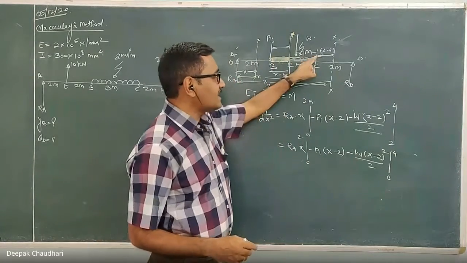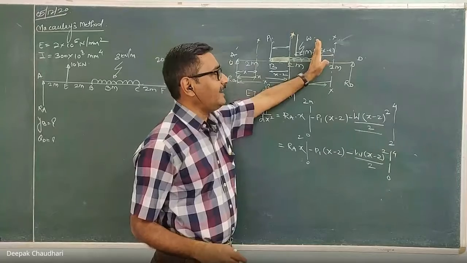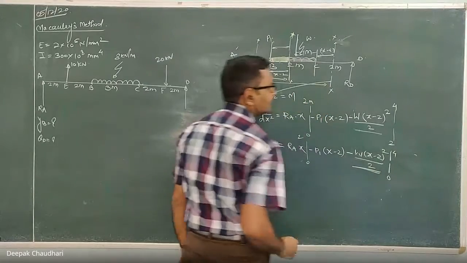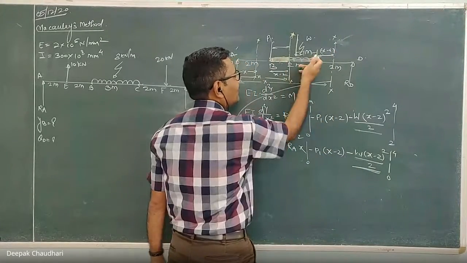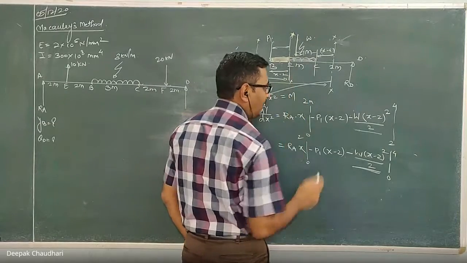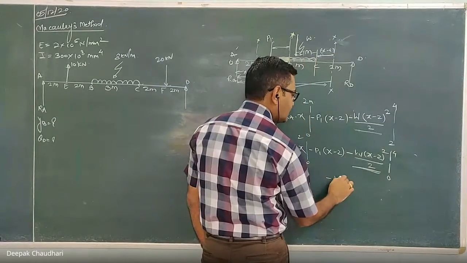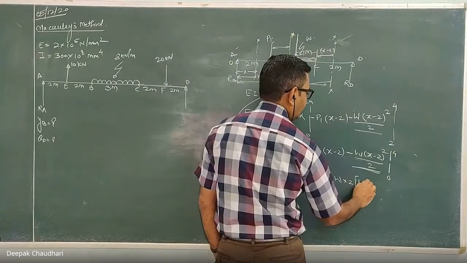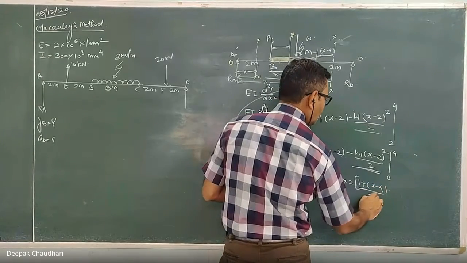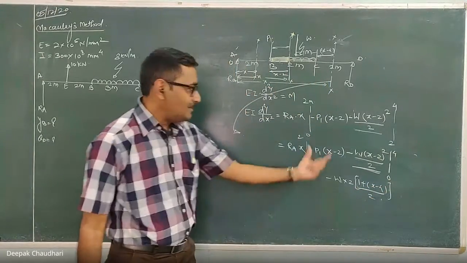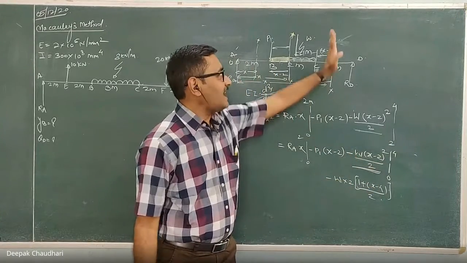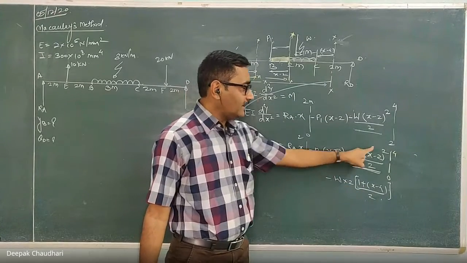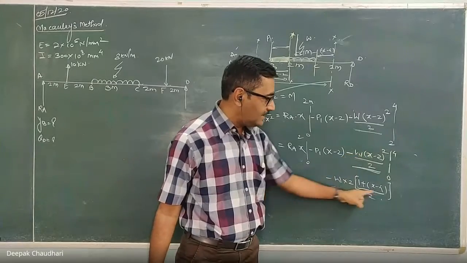Yeah, but in such cases, if this UDL or UVL ends midway only, then after that this equation will not be valid. If I take a section after this, the bending moment of this UDL, what will the moment of the UDL be? Minus W into 2 into, it is 1 plus x minus 4 upon 2, something like that will come. Here means you won't get this term. While writing the equation of the bending moment here, you won't get this term, you will get this, this will be the same, but this term will not come. Instead of this, you will get this term.